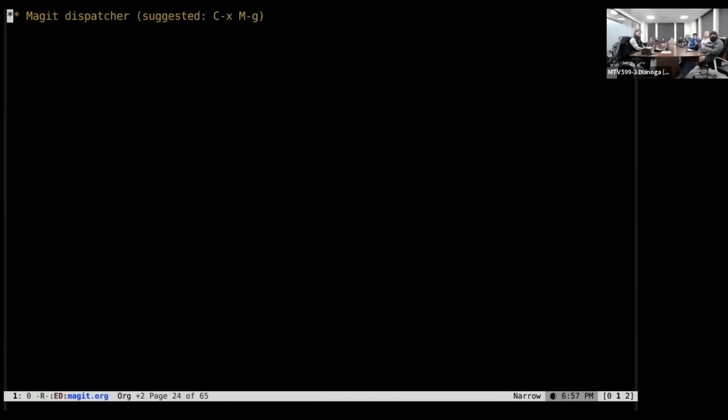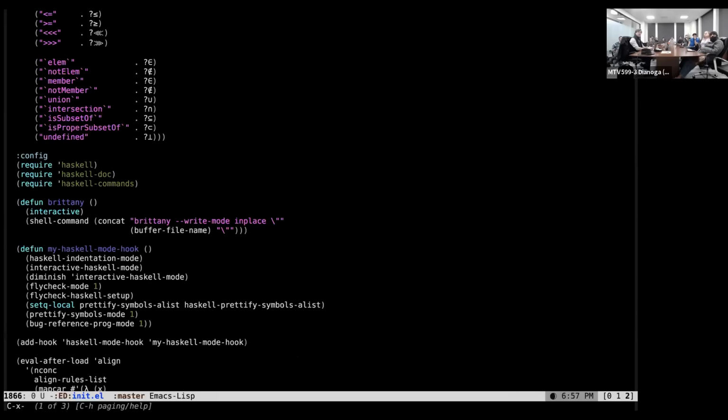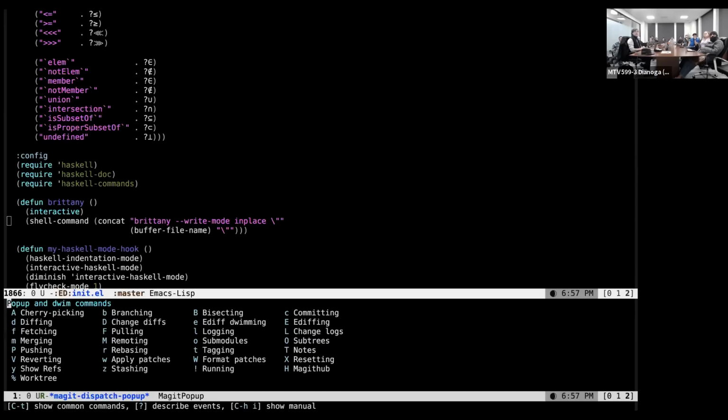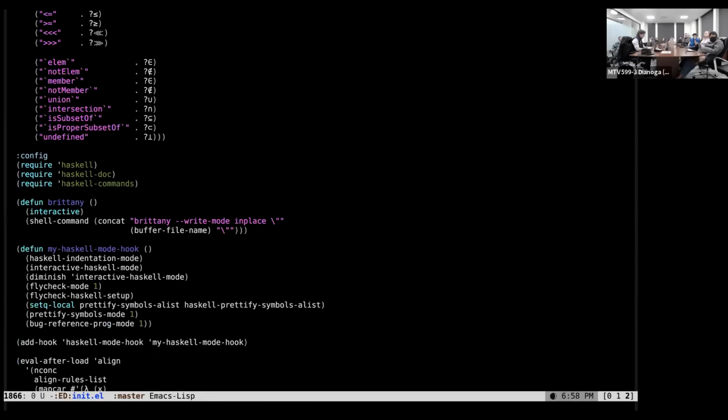And then there's the Magit dispatcher, which the manual recommends binding to Control-X meta G. And this will, from anywhere, jump into a Magit subfeature, some of which we've talked about and some we will. So merging, pushing, fetching, diffing, all the things related to your project. So you're sitting in your file and you're going, oh, I need to pull the latest master. This would be the quickest way to get